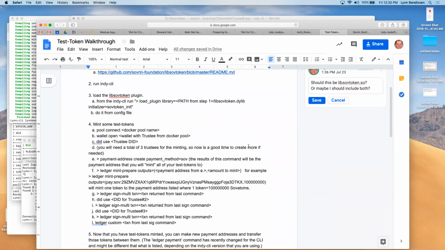So the purpose for tokens is so that there's a method for paying for usage on our network. The testing part of this is all free. There's no charge for anything on the builder net or the staging net.